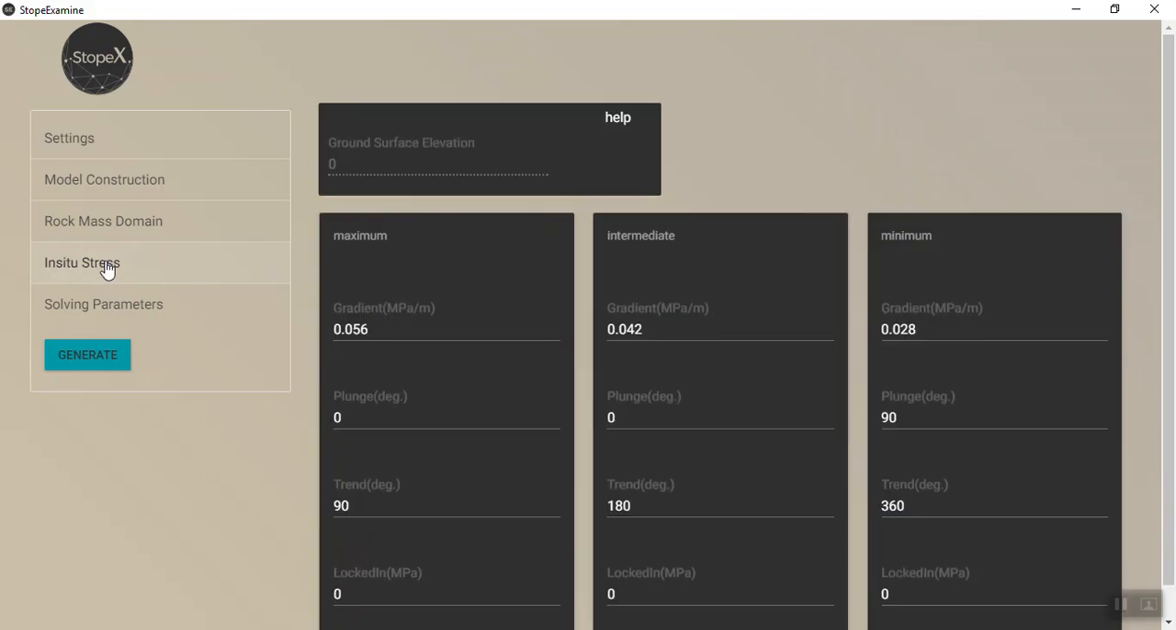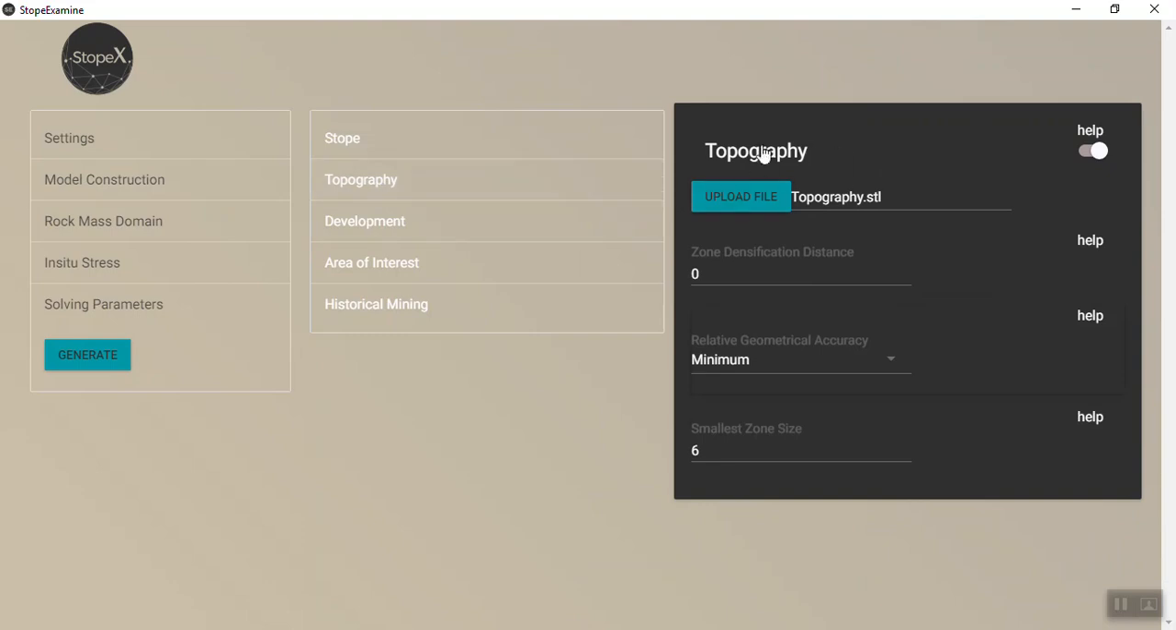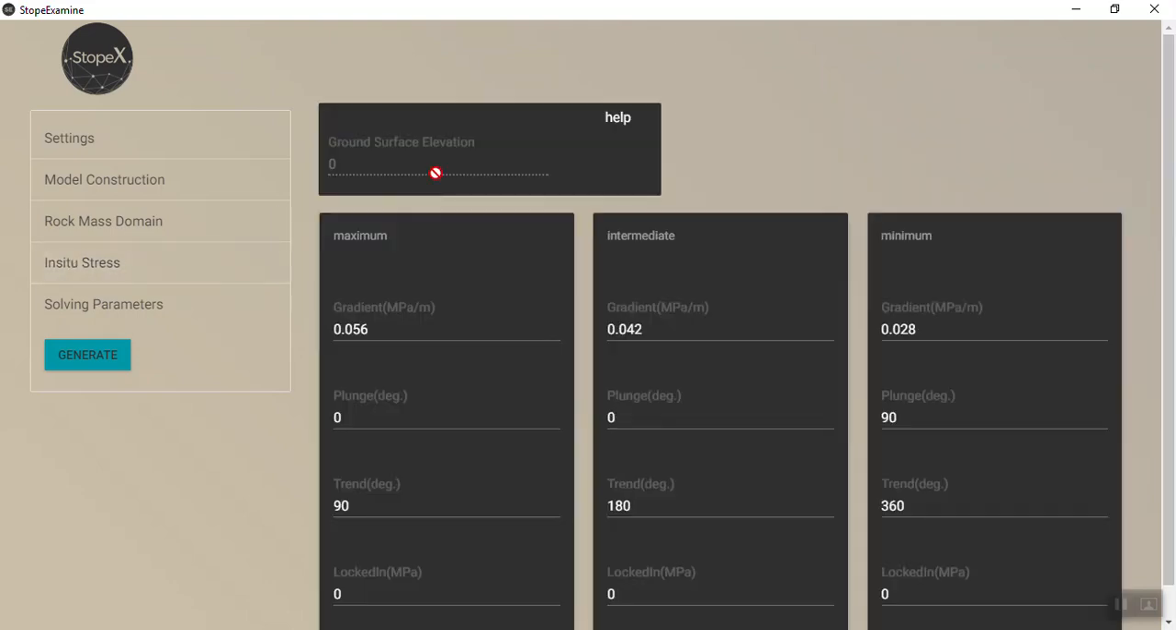Okay, so when we have a look at in situ stress, you'll notice the first thing that appears is a ground surface elevation. Now in my case, I can't edit this number. Why is that? Well, that's because in model construction under topography, I have entered a topography file. So StopeExamine will make all stresses relative to that topography file at all points. So I don't have to put a ground surface elevation here because my ground surface elevation is that pit shape